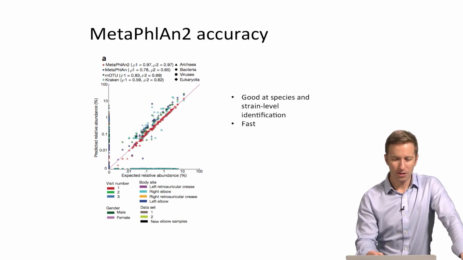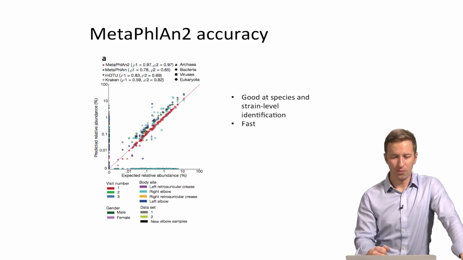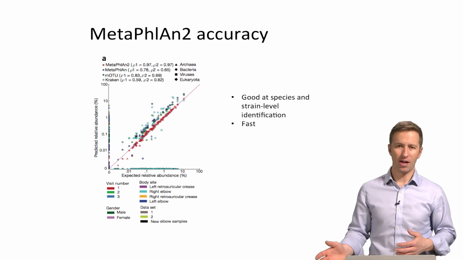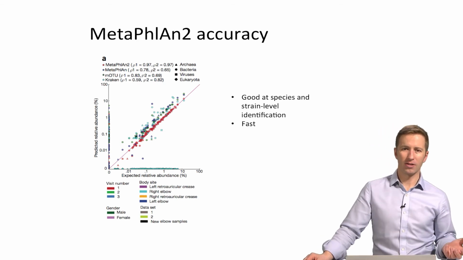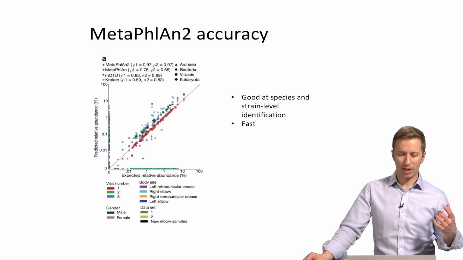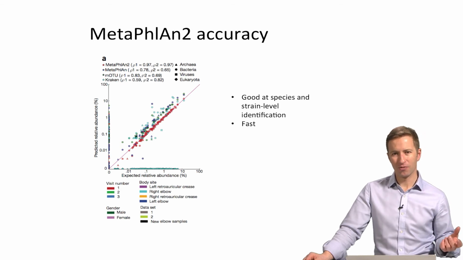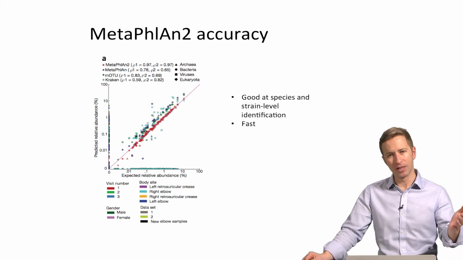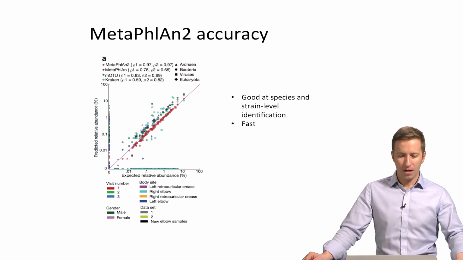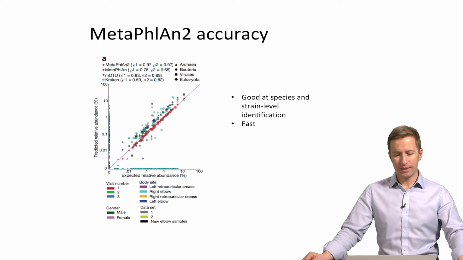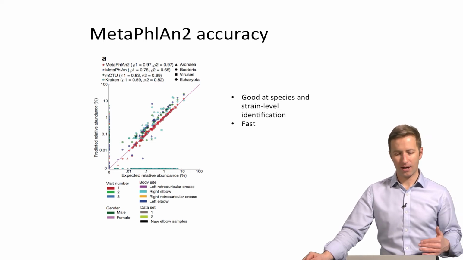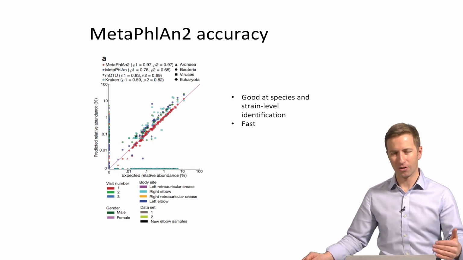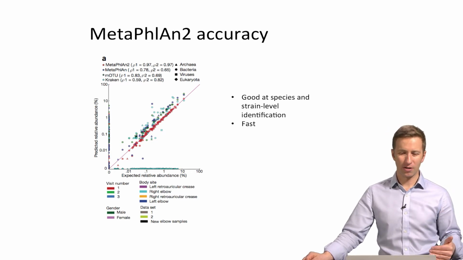So this is actually MetaPhlAn 2, which uses an expanded set of marker genes from MetaPhlAn. If you want to read about all of the nuts and bolts of how MetaPhlAn works, I recommend reading the original MetaPhlAn paper first, and then the MetaPhlAn 2 paper is fairly short and just covers the updates. And one of the nice things about this tool is that it now includes markers for various archaea, various eukaryotes,